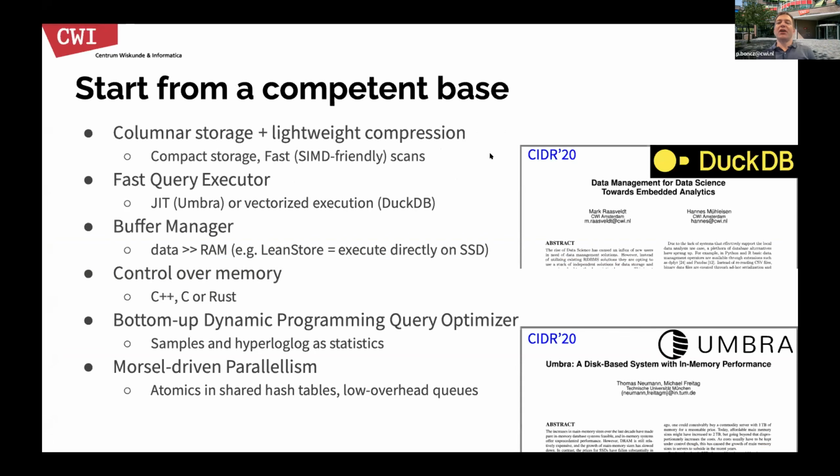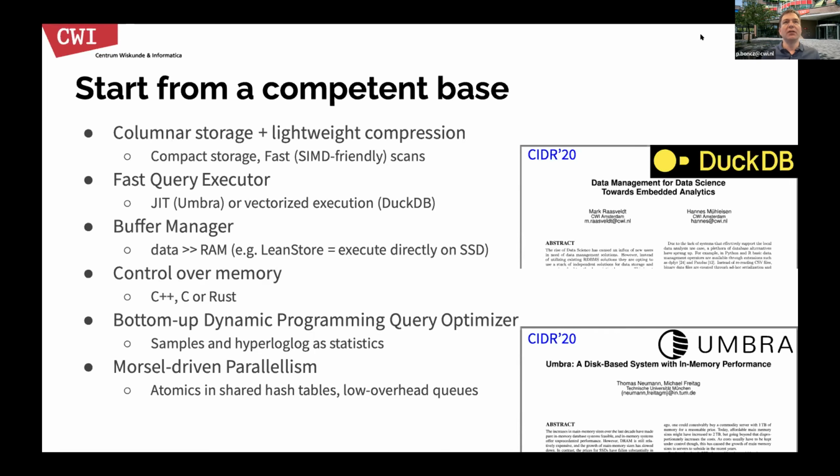So we would start from a competent base. And in this case, I will assume a bit of focus on analytics, because if we do a lot of pattern matching and pathfinding, this is a system that's supposed to be good for analyzing graphs. And then I would definitely start with columnar storage and lightweight compression. The reason why is simply that you want your data to be compactly represented. The columnar compression specifically gives you a factor 3 or 4 on average of compression. So that means that you can store 3 or 4 times more data in your memory or on your SSD,